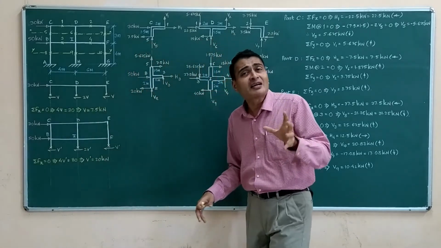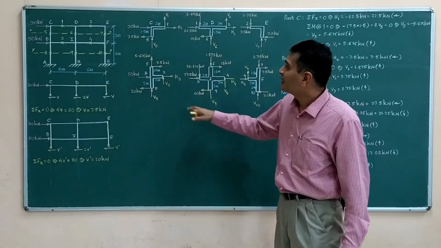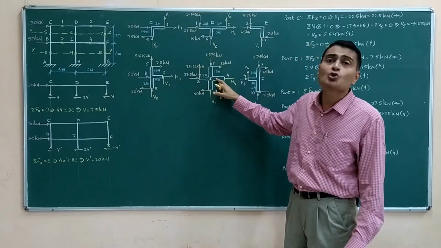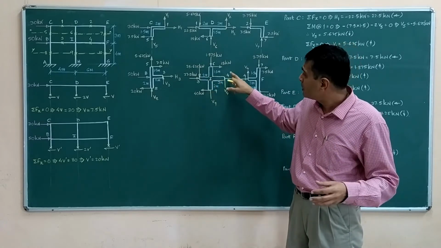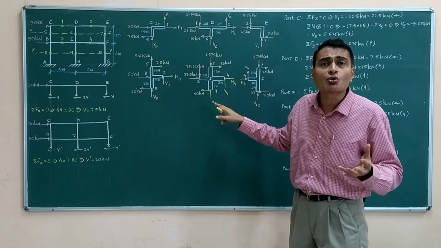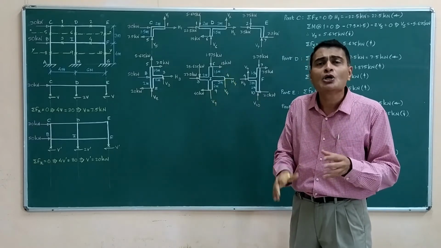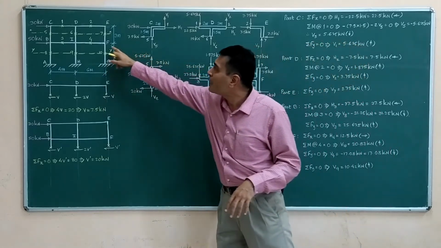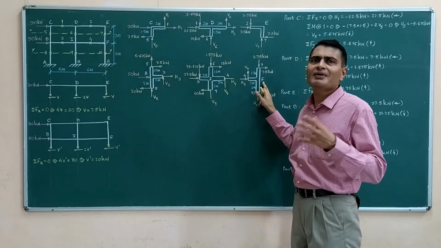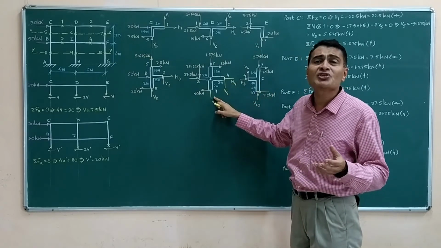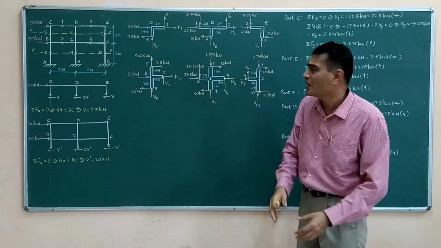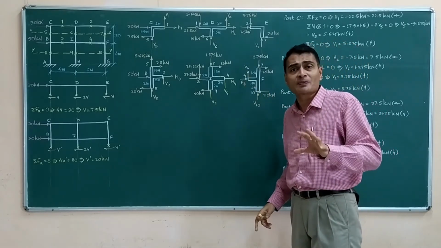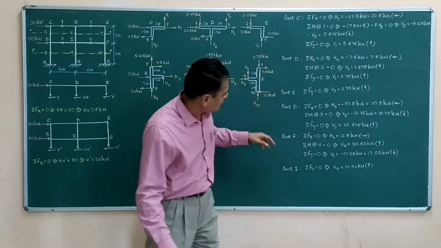Just one trick or hint I want to give here: after drawing the FBD for joint B, naturally you may decide to draw the FBD for joint I, but on reflection you realize that this is not a simple task. So why worry about a complex system? You better go ahead and develop the FBD of part F. Here also you are getting 3 unknowns in 3 equations, but a lot of forces. And here you are getting 3 unknowns in 3 equations, but a comparatively simpler system.